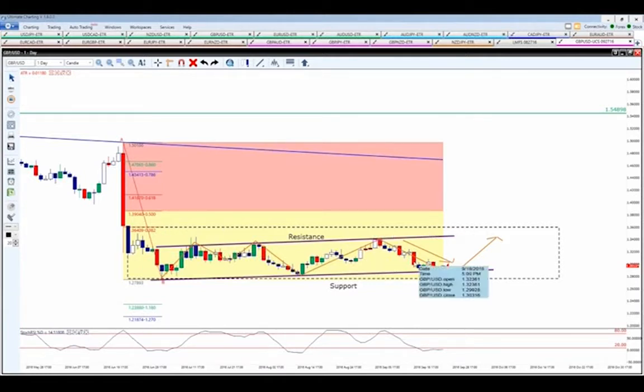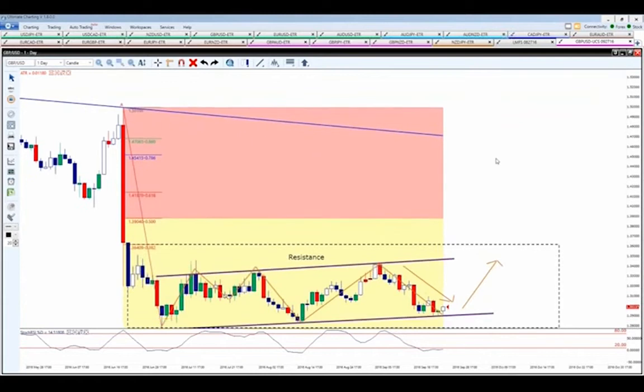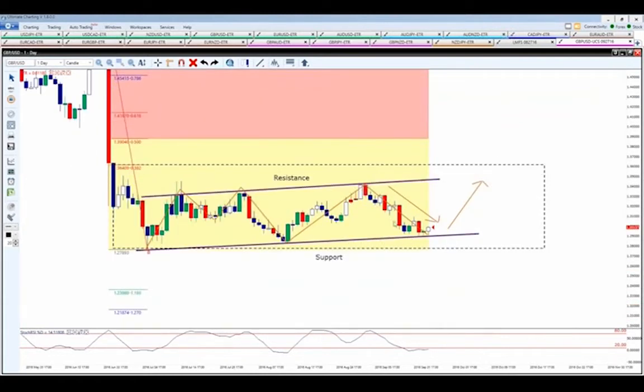Now a couple days ago, going back to right around here, I was looking for the market to come down here to this level. So I was looking for the market to go downward in a bearish movement as the market was coming down. So what I did, simply instead of trading on the daily chart here, was I transferred this information onto a smaller time frame. So you can trade on a 2-hour time frame, a 1-hour time frame, a 15-minute time frame, whatever you feel comfortable with. I actually traded this on a 1-hour time frame here.